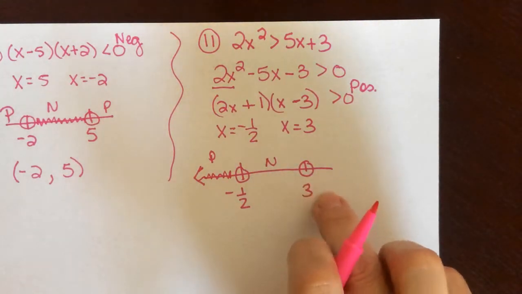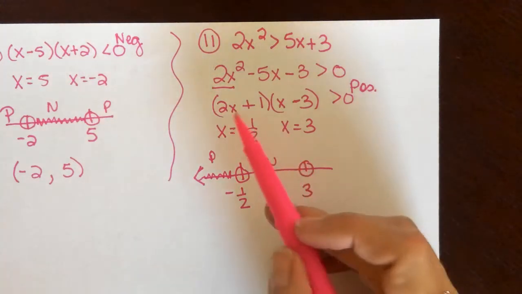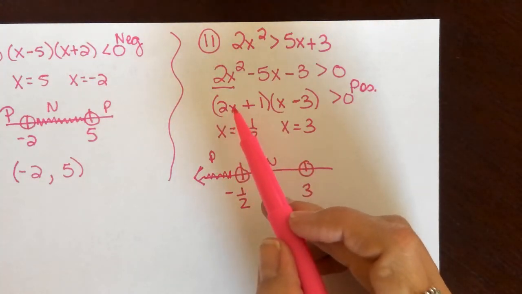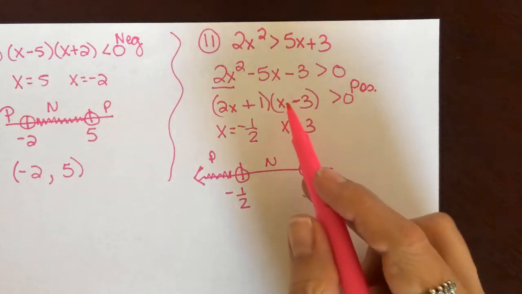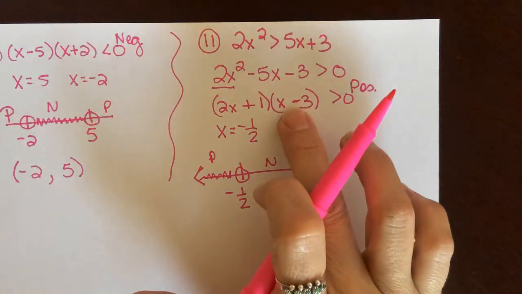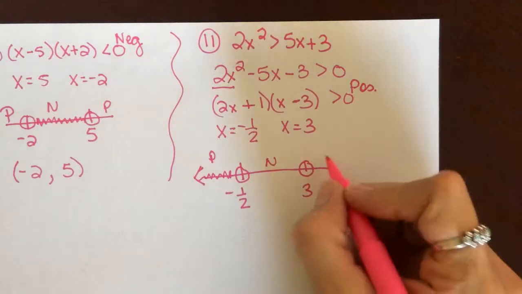I'm going to pick a number to the right of 3, so I'll pick 4. 2 times 4 is 8. 8 plus 1 is 9, so this first number is the 9. I'm going to plug in 4 minus 3, which is 1, and 1 times 9 is a positive. So again,